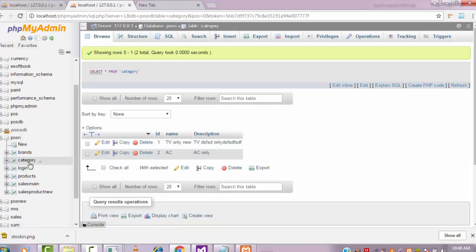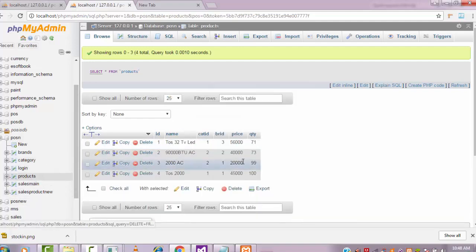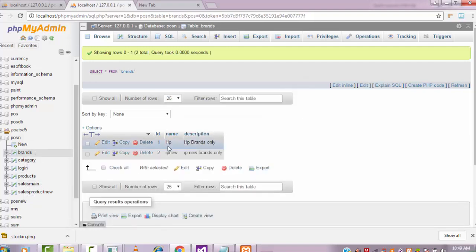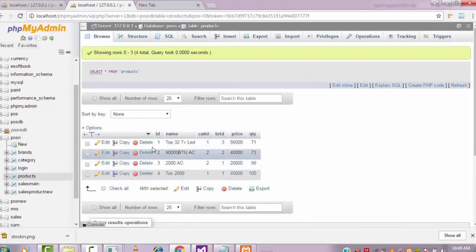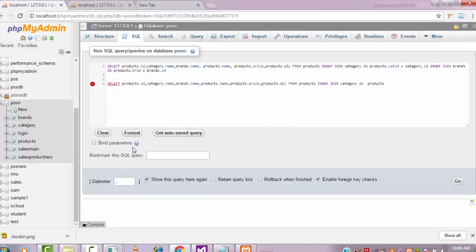The same thing I am doing for the product brand also. I pass the ID into this brand table and get the result, so that I am getting the main table as product table. The main table product table has the records, category ID also available, brand ID also available, so that I am getting these records from my brand and category table. So that I put the product table as a main table.